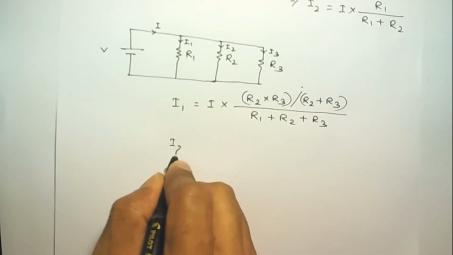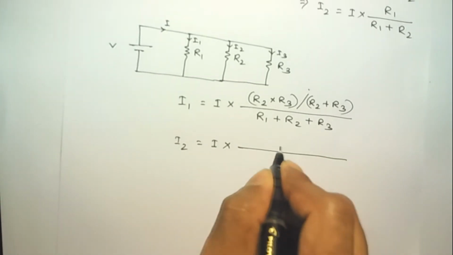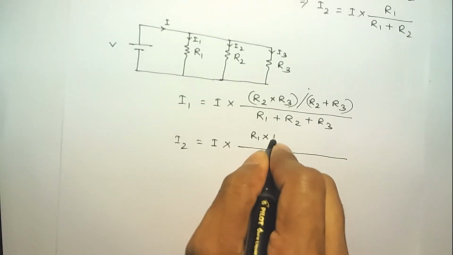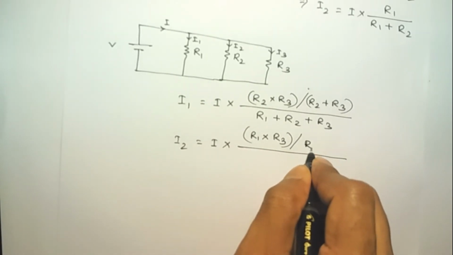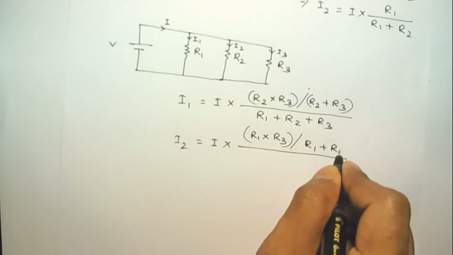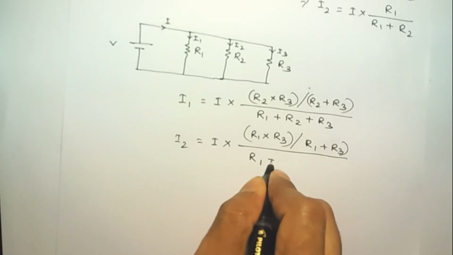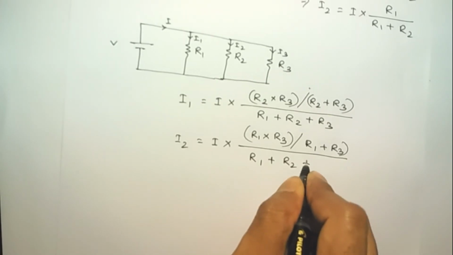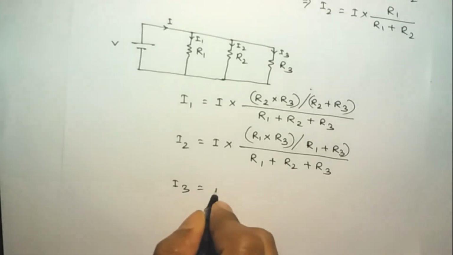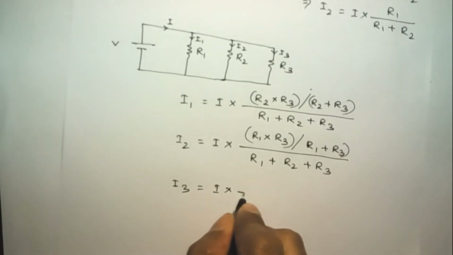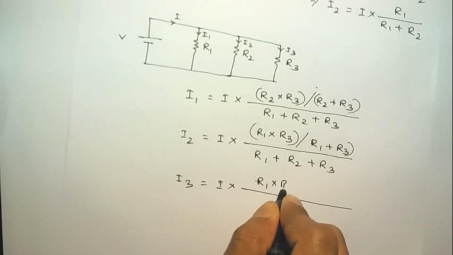Similarly, I2 equals I, the total current, multiplied by R1 into R3 divided by R1 plus R3, divided by R1 plus R2 plus R3. And similarly, we can write I3 equals I into R1 into R2